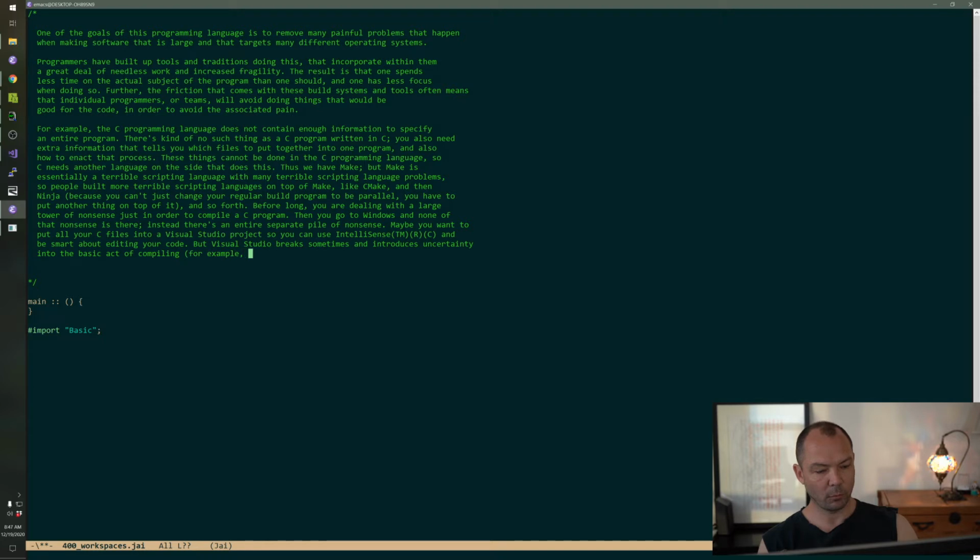For example, as of Visual Studio 2017, there is still a race condition where if you edit and save a file while the IDE is compiling your program,